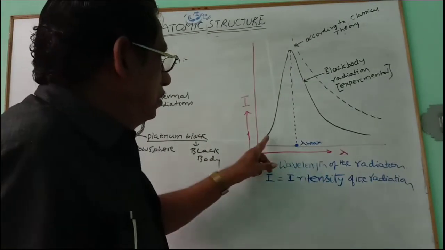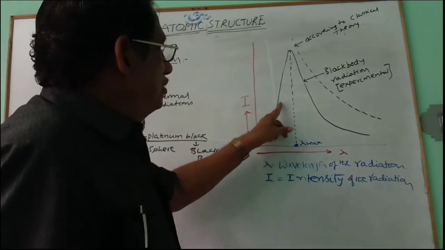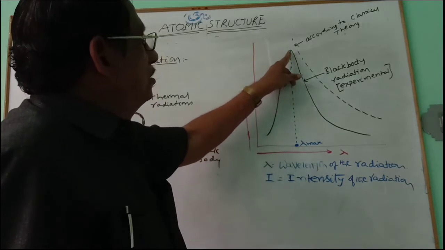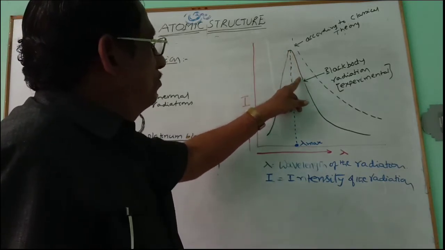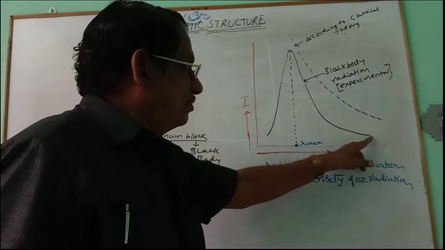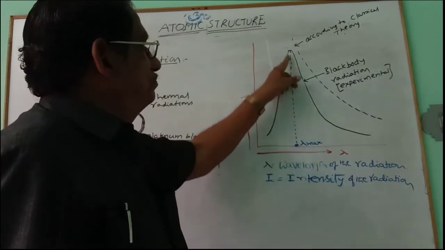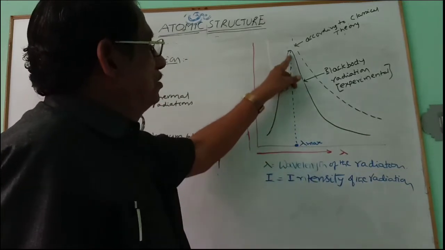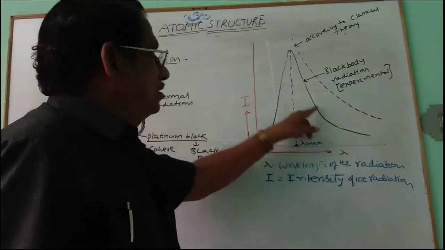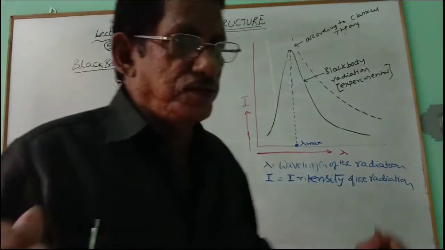You can observe it is a gradual increase, reaching a peak. From there onwards it falls like this. You can start from this side or from this side. In this way it goes like this and comes, and goes like this and comes. There is a peak in between the two curves.